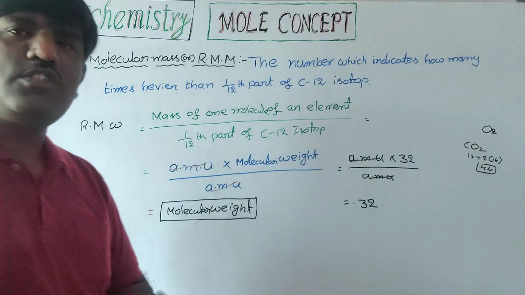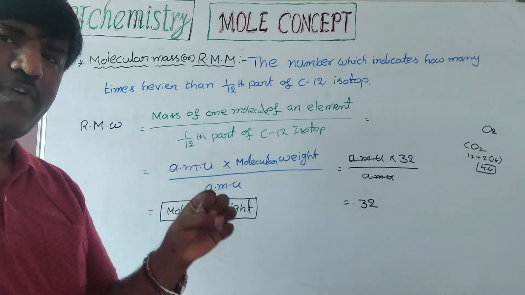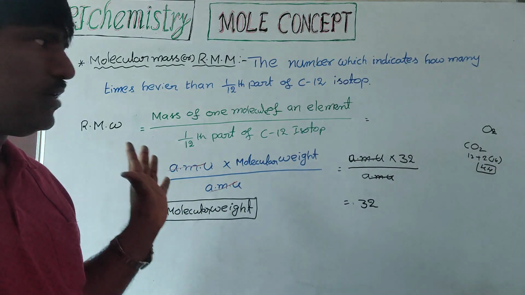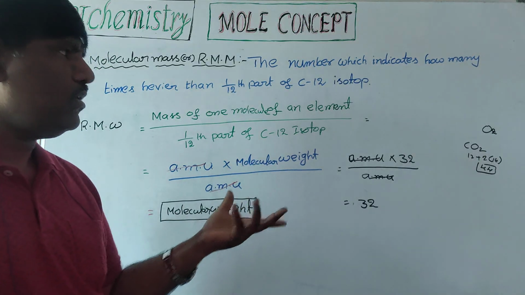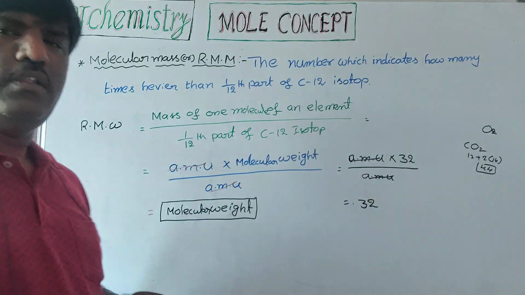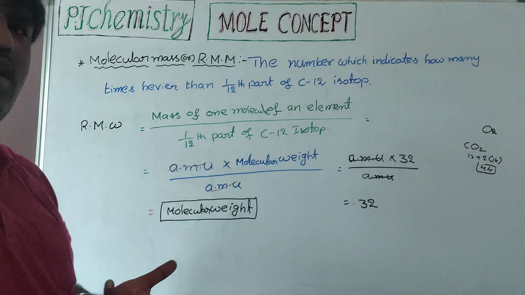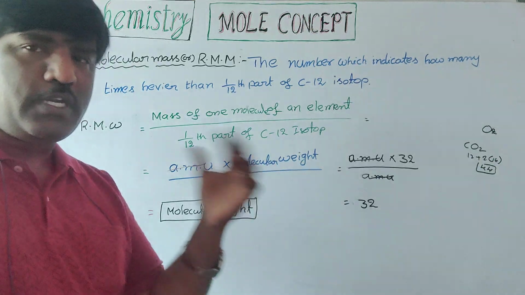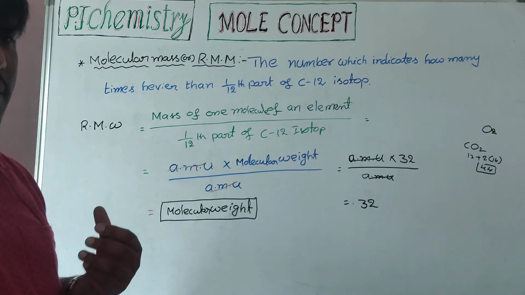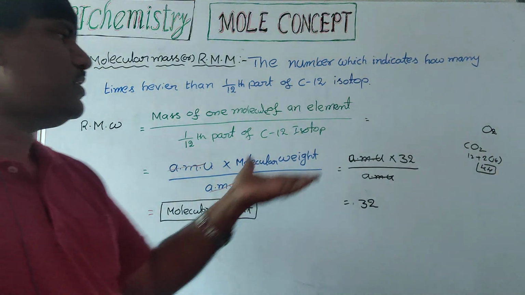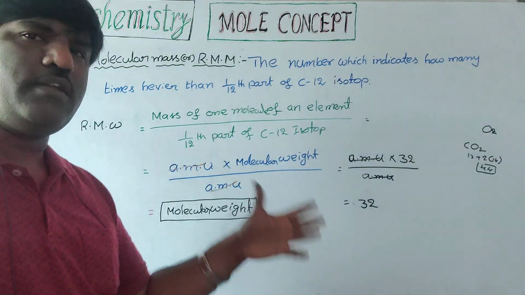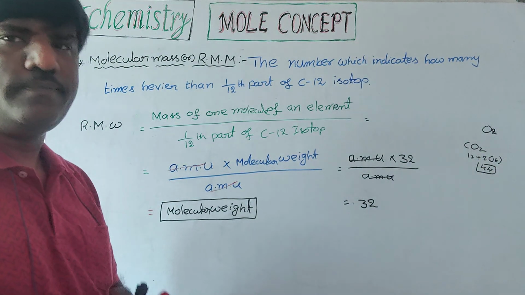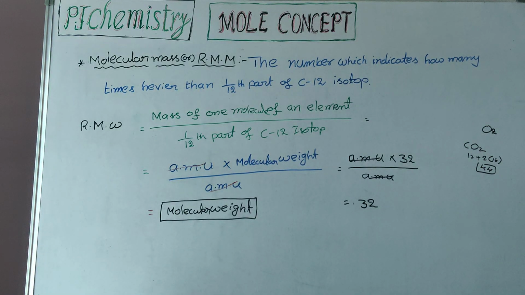If you observe, there are no units for atomic weight or molecular weight. Yes or no? No units. All units are cancelled, so it is just a number, the number which indicates how many times heavier than 1/12th part of the C12 isotope. How many times means the particular atomic weight times, or molecular weight times if it is a molecule. Okay, understood children? Next,